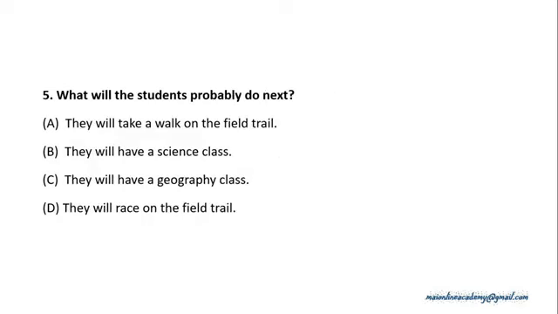Number 5. Listen to an English teacher speaking to a class. Interested in a hike? Take a walk on the field trail. This trail lets you get outside and learn about local weather and climate. Signs along the trail describe phenomena such as wind, cold fronts, sunshine, and UV light, mountain waves, climate zones, snow, flooding and erosion, fire and drought, plant life and climate, and the brown cloud as you walk. The trail is a loop about 0.4 miles. What will the students probably do next?